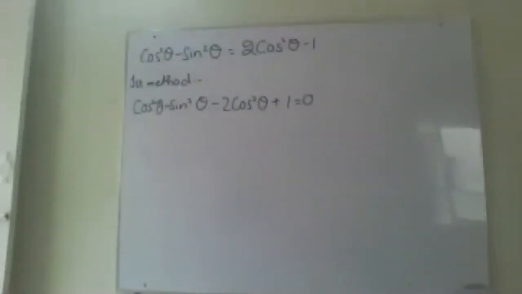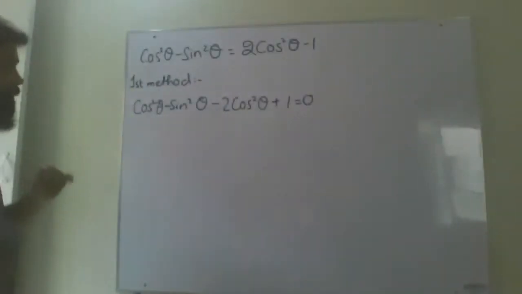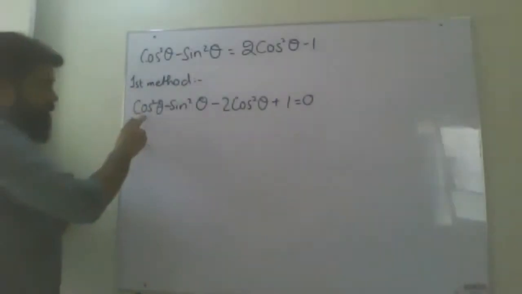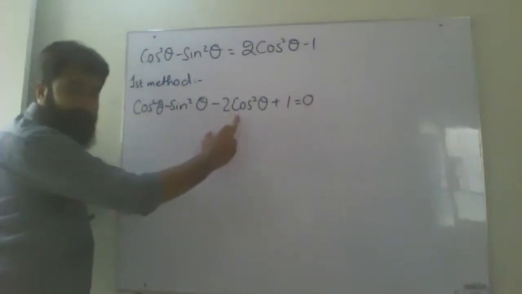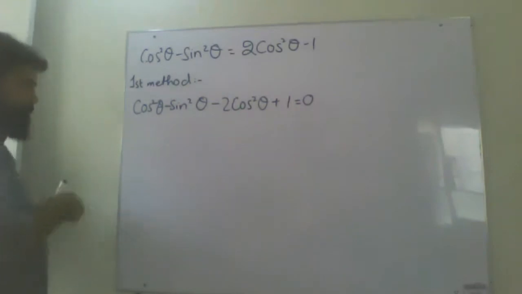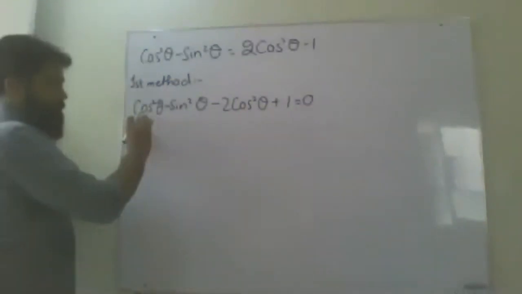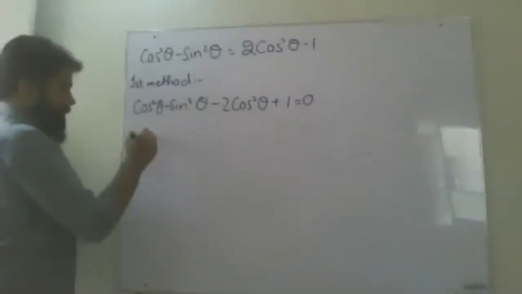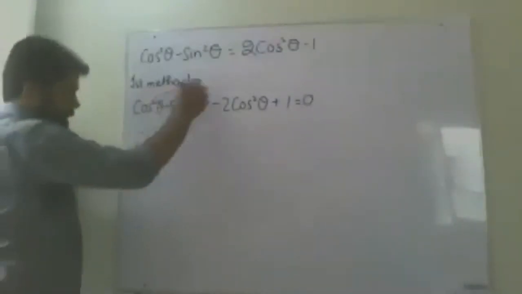This is the first thing they have given us, and they are telling us to simplify it. Now, the first thing I can do over here is see cos square theta and minus 2 cos square theta. So cos square theta minus 2 cos square theta will become minus cos square theta when I solve these two,